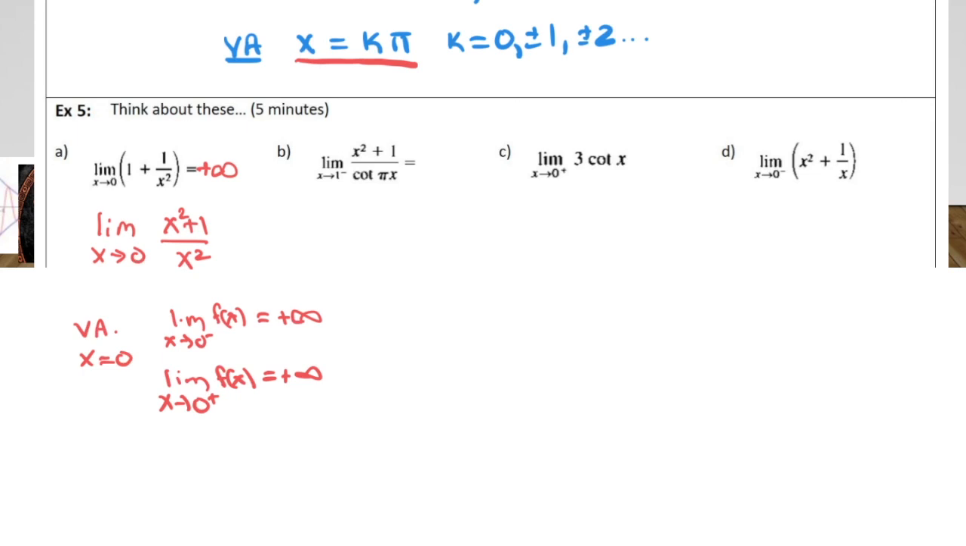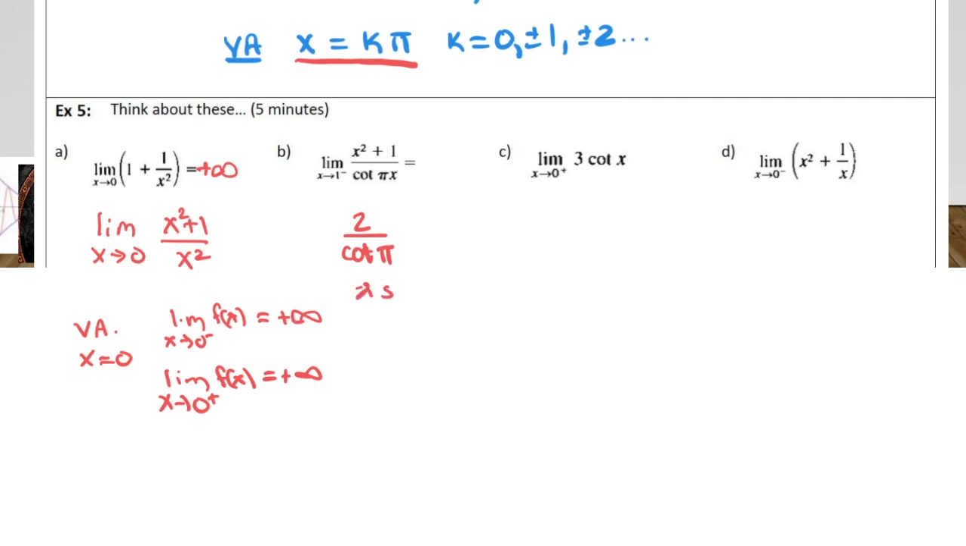Now question B is a little bit more troublesome. However, you're an awesome student and you tried substitution first. So when you tried substitution first, you came up with 2 over the cotangent of pi. Now, perhaps you had to think about the cotangent of pi for a minute. And if you did, you would understand that the cotangent of pi is just going to be equal to